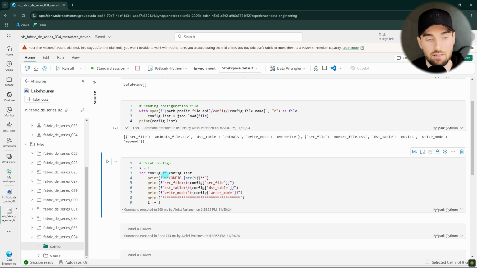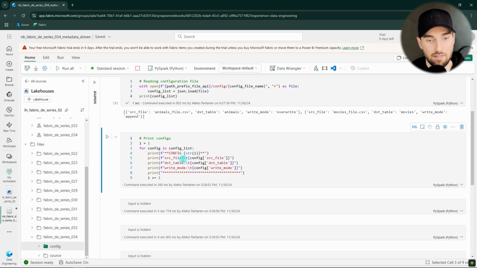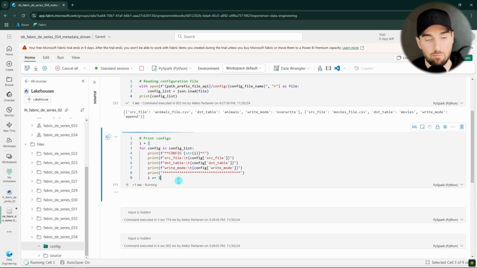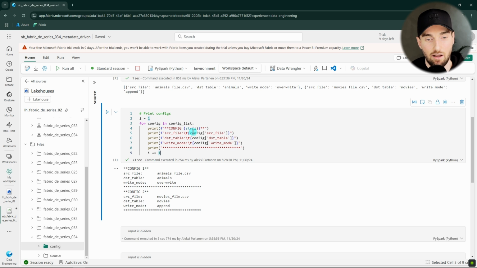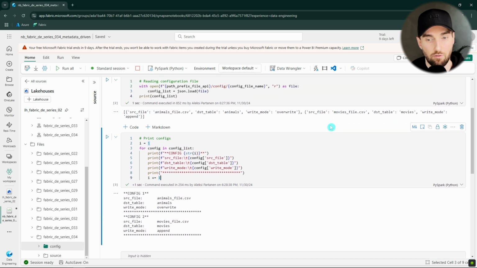In the next cell, I'm just demonstrating how we can loop through this list and how we can fetch configuration items from that dictionary and what kind of reference is needed. So basically here we're just iterating over that list and printing some stuff. And as we can see, now we were able to fetch each configuration out from that list by using this